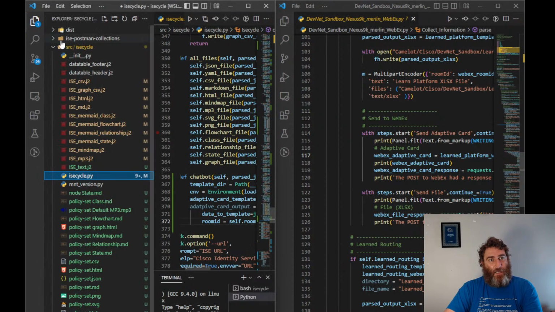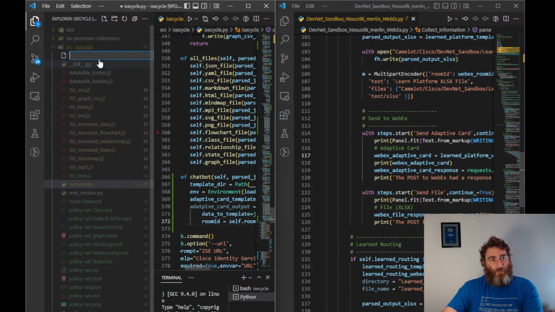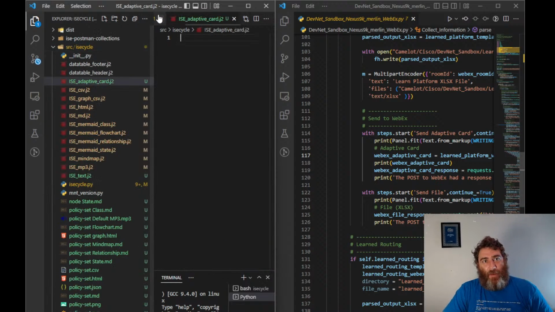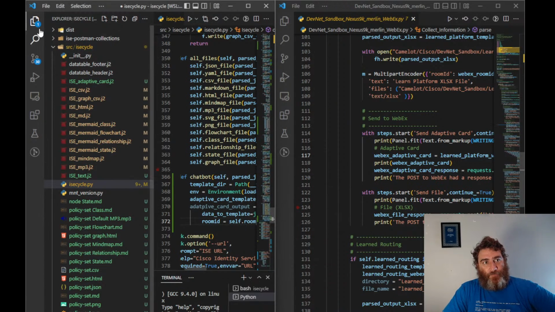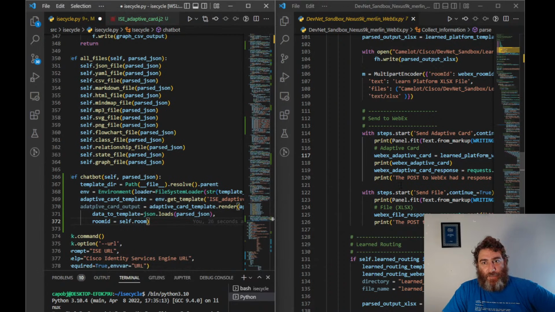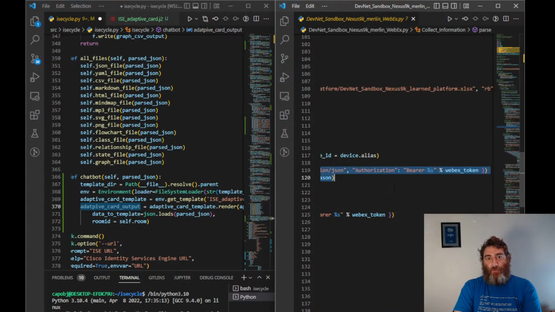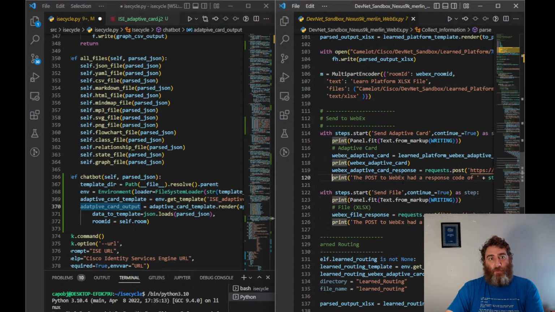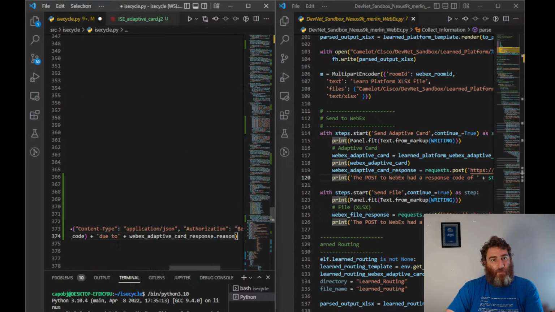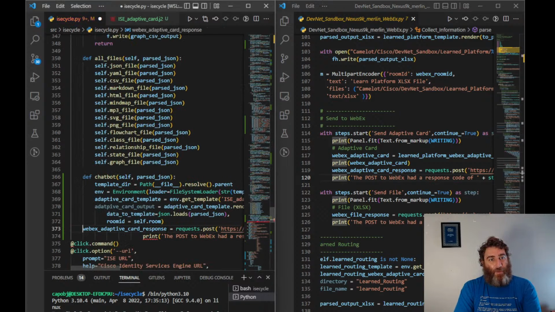So now let's make our Jinja 2 template. ICE adaptive card.j2, and we'll come back to this file. Let's finish our logic though. And so what are we going to do with that output, that templated output? Well, we're going to send it to WebEx. And how do we send it to WebEx? We're going to use